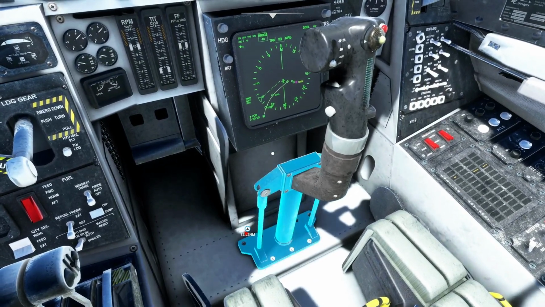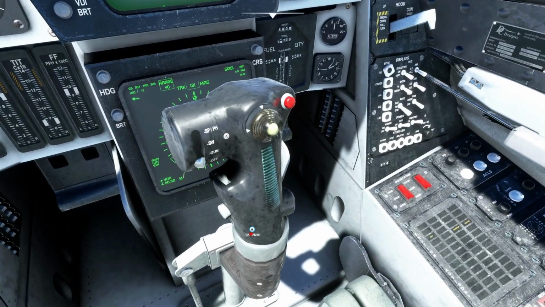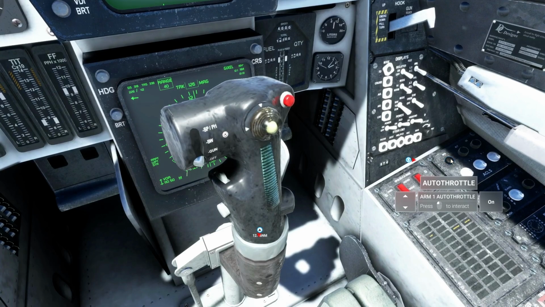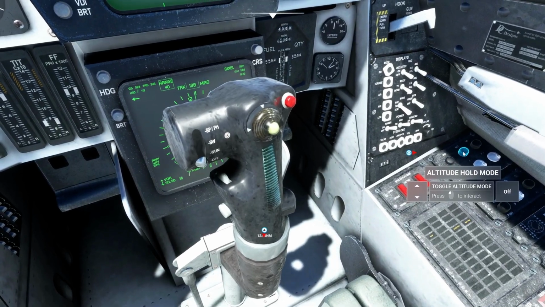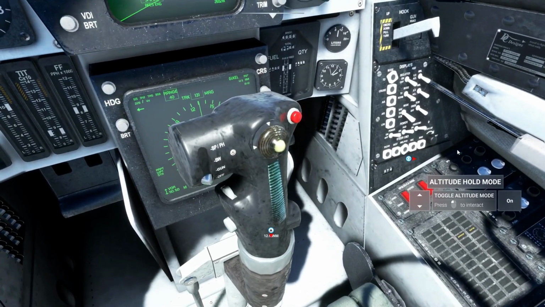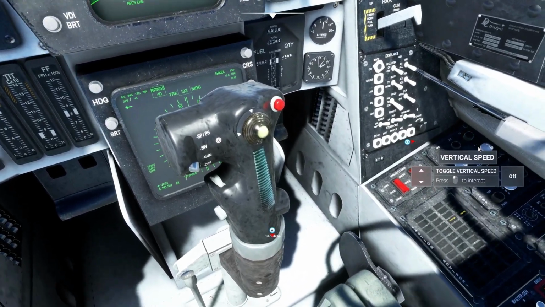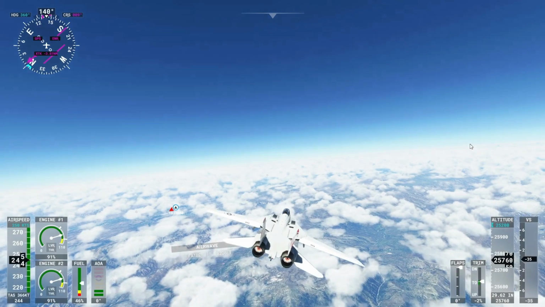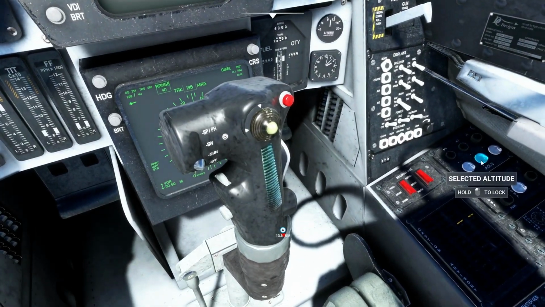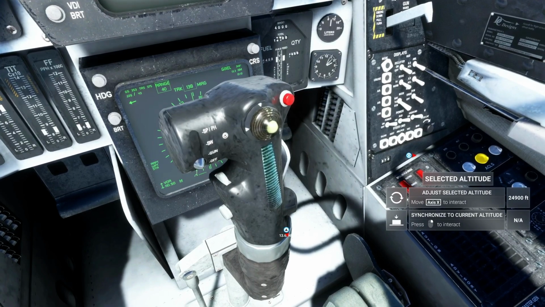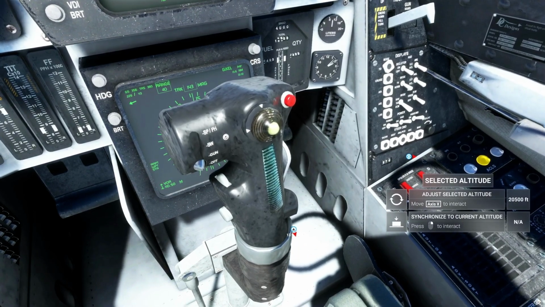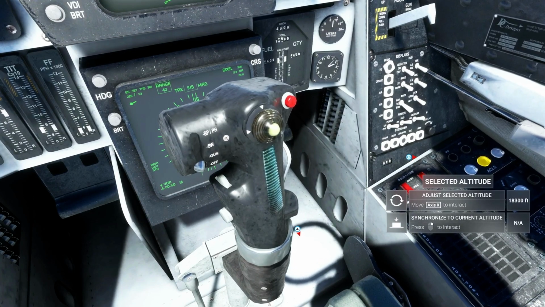So we need to go ahead and get back down to 10,000 feet. So let's go ahead over here, hit auto throttle, hit our altitude mode down. Then we got our, oh boy, she's bringing us down quick. So let's go over here to select the altitude. And I wish you could do this a little bit faster, but you can't. Go ahead and bring this down